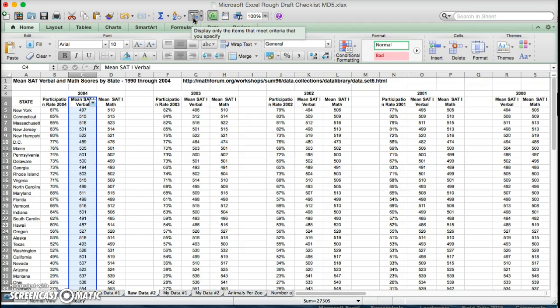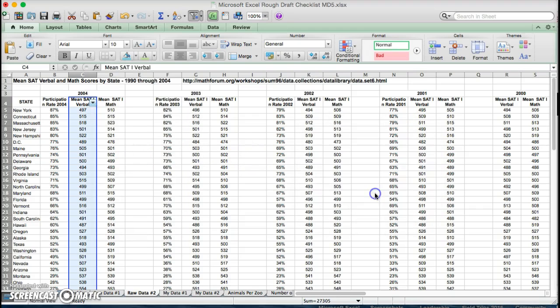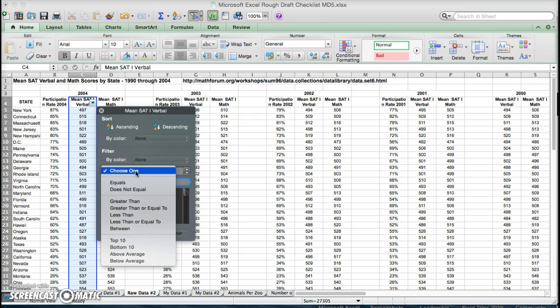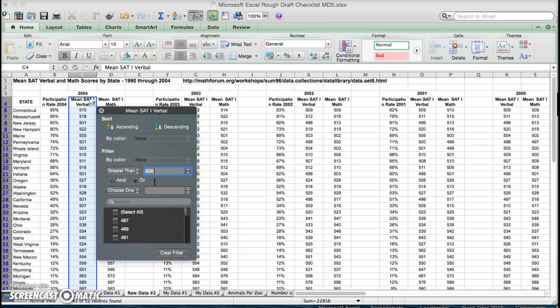So click it. When you click it, you're going to notice on the title right here, it gives us a little drop-down arrow. So let's click the drop-down arrow. This is giving us choices on how do we want to filter it. What info do we want? What info don't we want? So we want to go ahead and sort it ascending. Oh, scratch that. Don't do that. We want to sort it by value. So we want to go ahead and choose greater than, and the number that we had chosen was 500. So once you are good with that,